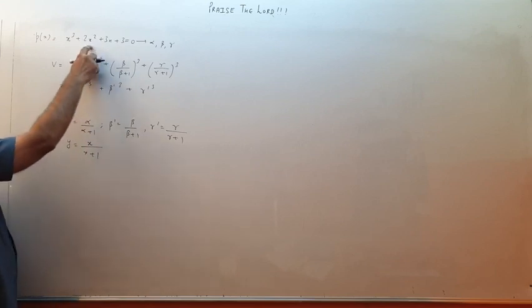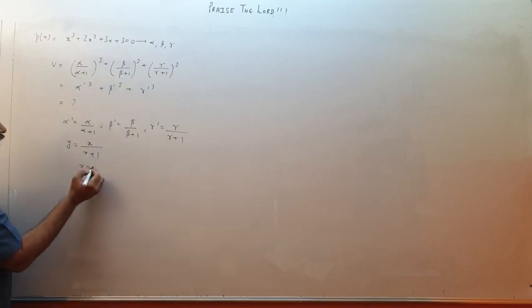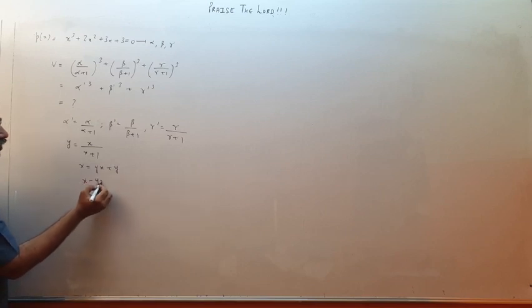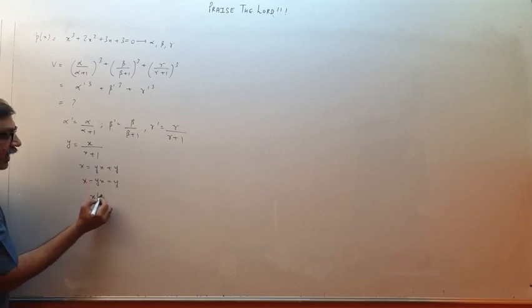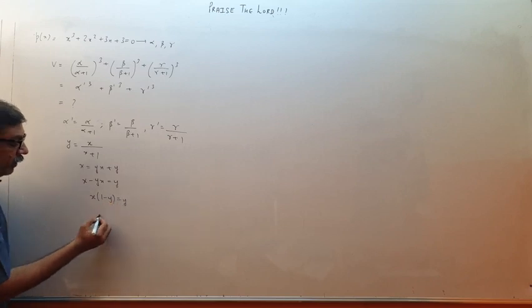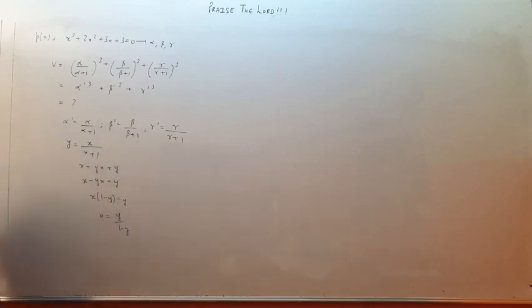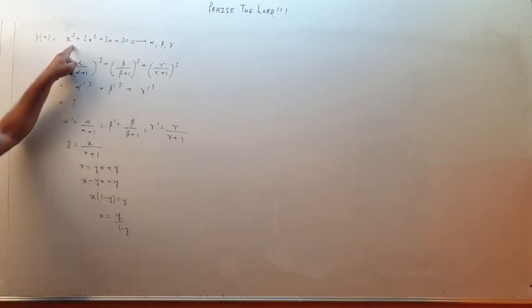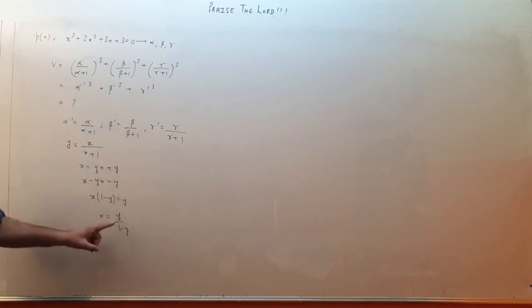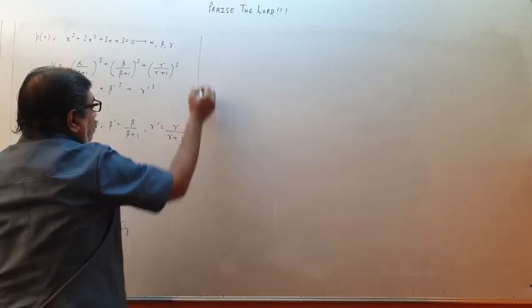So now what should be x over here in terms of y? y is equal to x upon x plus 1, so x will be yx plus y. x minus yx will be y. x into 1 minus y will be y. So x will be y upon 1 minus y. If I want to convert the equation to alpha dash, beta dash, gamma dash roots, I should convert this equation from x to y. And what is x now? This much. Let us put it.